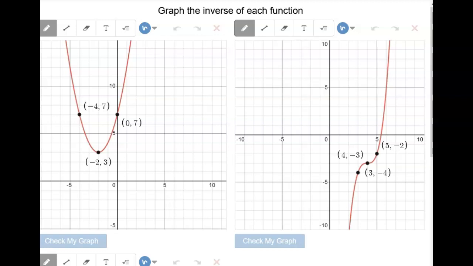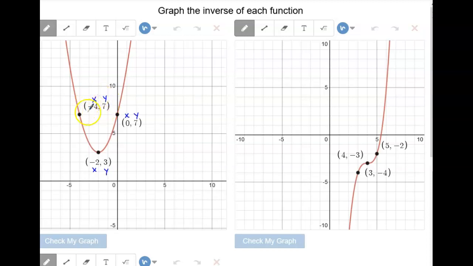If you remember in the previous chapter, we talked about inverses. And the big thing with inverses is that they trade the places of x and y. So in each one of these ordered pairs, you have an x and a y. So here's an x, here's a y, here's an x, here's a y. All it's doing is taking this x and making it the y, and taking this y and making it